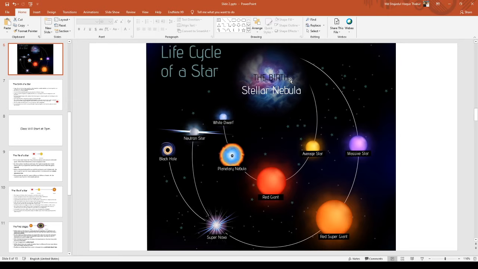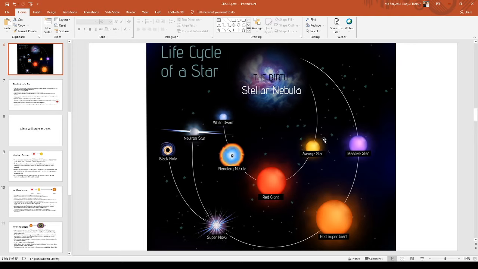Planetary nebula has actually nothing to do with planets, although the name suggests it. We will study it here: average star to red giant. When an average star becomes a red giant, it becomes a planetary nebula. So a planetary nebula is actually another stage in the life cycle of a star. It has nothing to do with this type of nebula. Anyway,